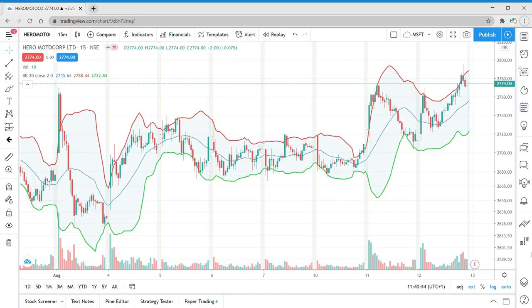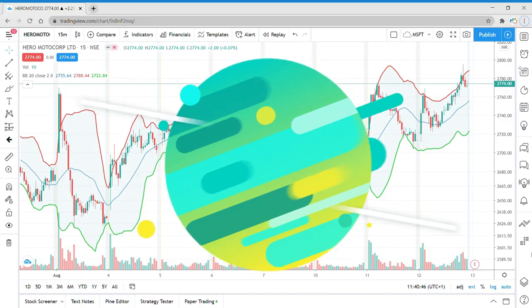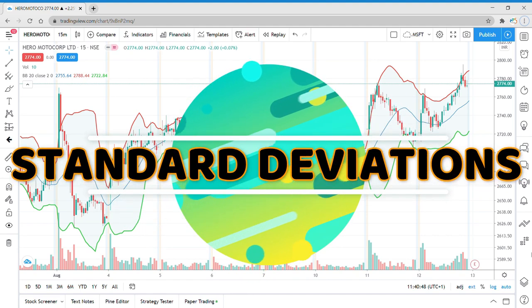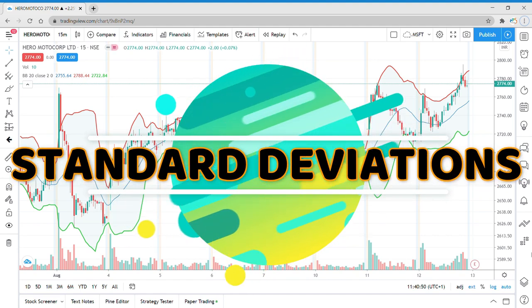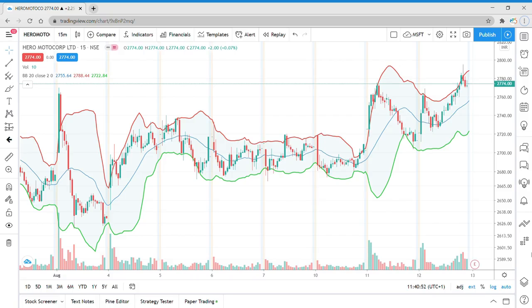Now the bottom line and the top line are two standard deviations. They basically check how much the stock can stretch to the positive side and how much the stock can stretch to the negative side. Be it Bollinger Bands, moving averages, vortex, VWAP, RSI, or any other indicator that you use,